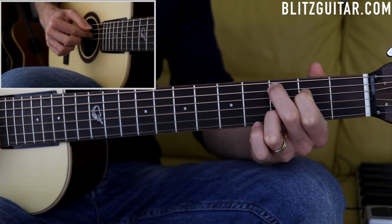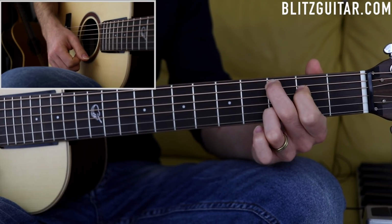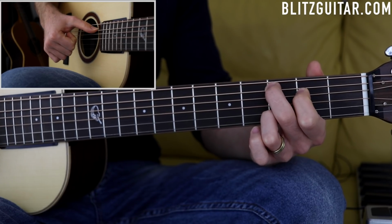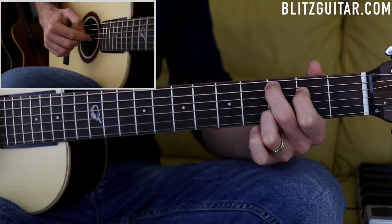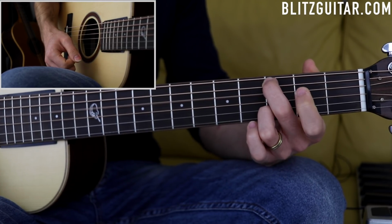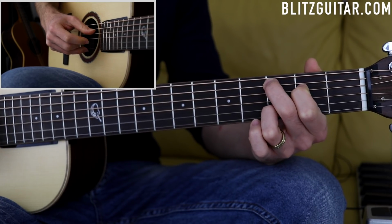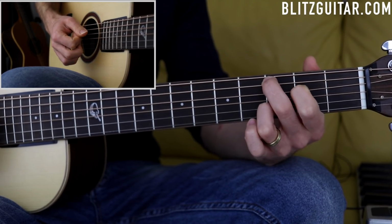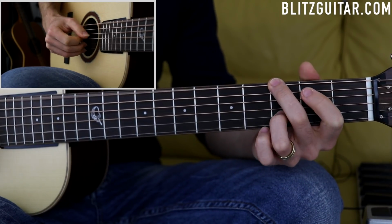Then you have the D string open, hammer on the fret number 2, G string open, the thumb on the A string fret number 3, which is the bass note, and back to the D string fret number 2, and a pull off. So slowly. When you put the whole thing together,